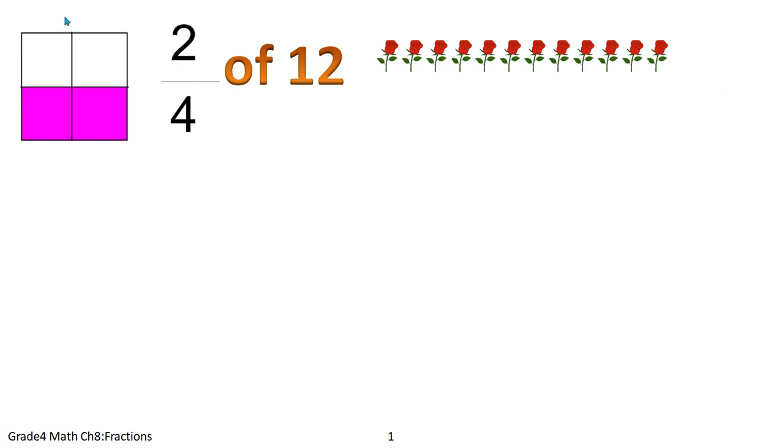Now, one part you have represented by 2/4. Now you have to represent 12 parts in 2/4. Are you getting my question? Okay, so 12 roses are there. For that, it's 2/4. So 4 is the denominator. So you know that you have to divide anything in 4 sections. Here the square was divided into 4 sections. So this 12, that is the roses also, you have to divide in 4 equal sections. Equal is a must. So 12 is divided in 4 equal parts.